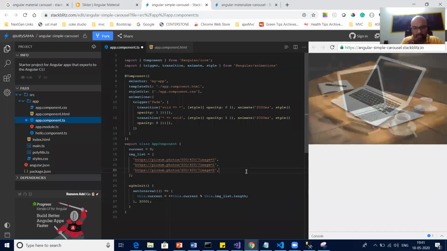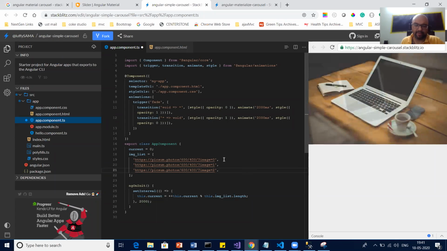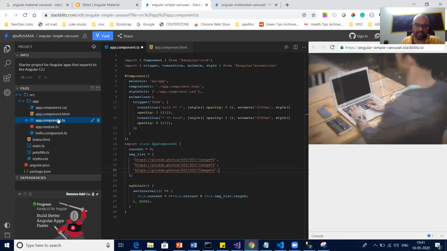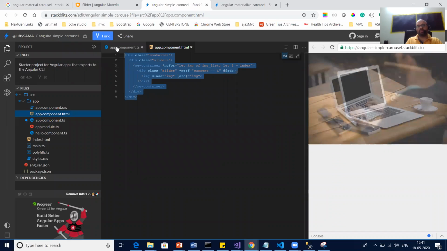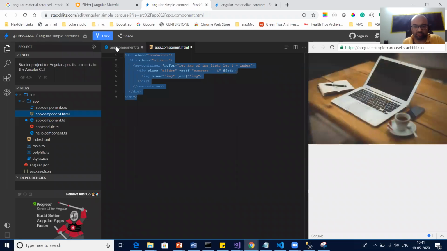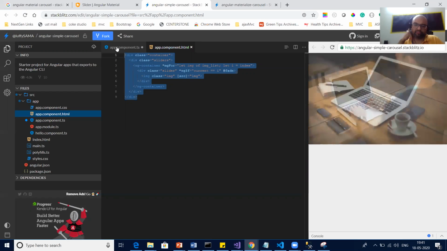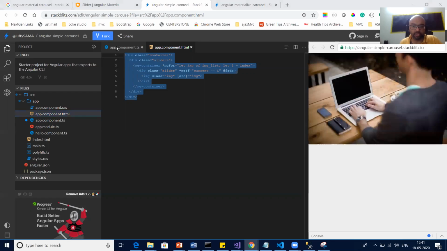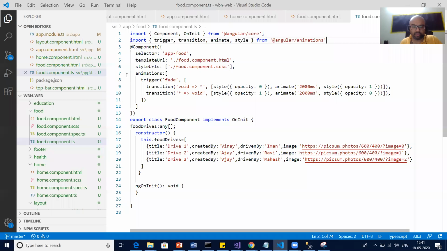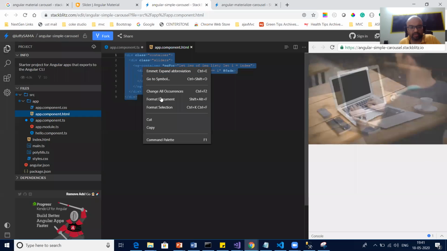What else? I don't want to copy paste as it is, so that's why I'm innovating. Next thing, in HTML, let's see. Okay, let's put the HTML and then see what they're doing in HTML. Let me put the HTML. So food component.html, paste in. No, it's not pasted yet, not copied yet.